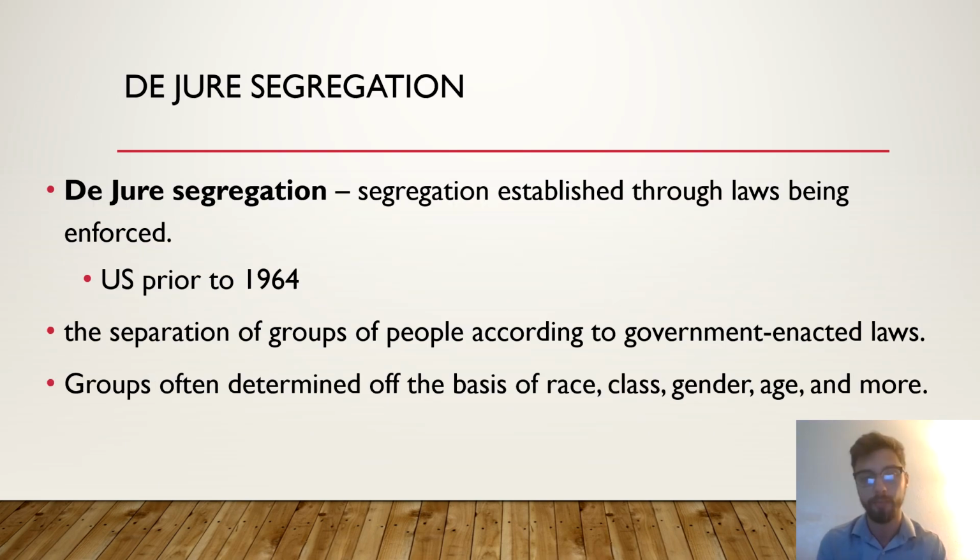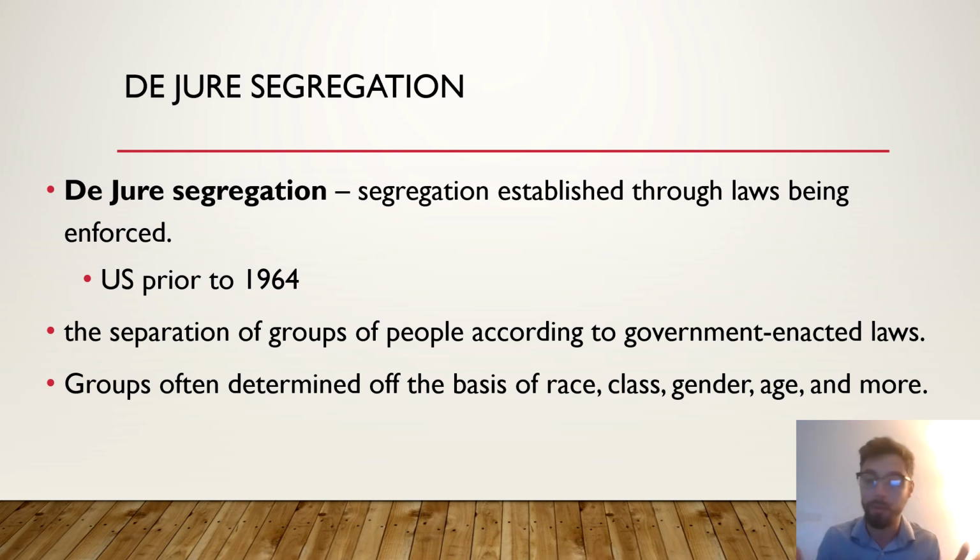But that also brings us to a point where we have to understand two very important terms in this course: de jure segregation and de facto segregation. Let's begin with de jure segregation, because this is the segregation that existed in the United States prior to certain legislative acts in the 1960s. I like using this little tagline: de jure, judicial, it's official, the laws. If you have de jure segregation, you have a segregation that is enforced through laws. Jure, judicial, officially enforced with laws via the judicial branch.